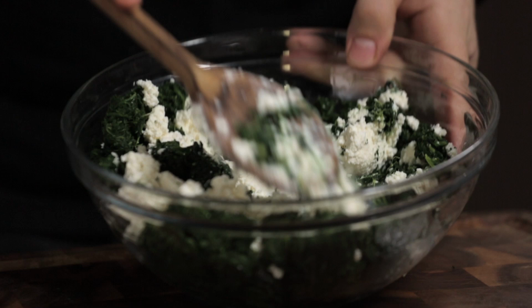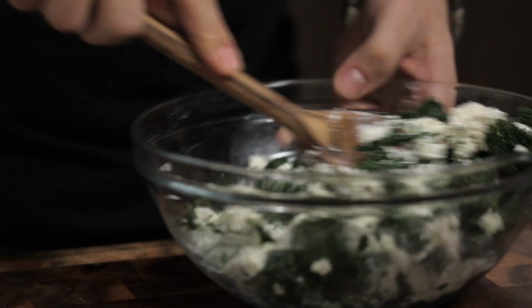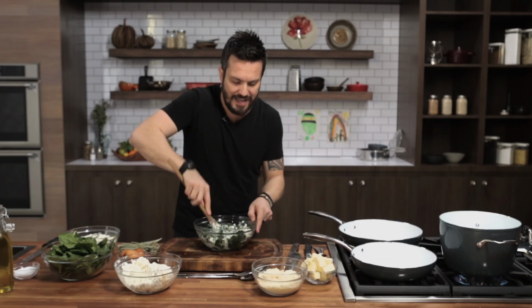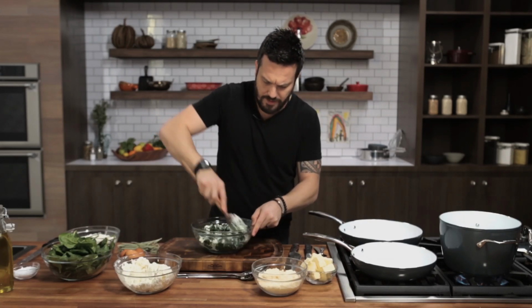Just get the driest ricotta you can find without it being salata. You don't want ricotta salata. You don't want the wheels of ricotta that you can grate. You still want a pasty, fresh ricotta. Do not buy anything that is super wet. You already know why, I just explained it to you. Then what we do here,